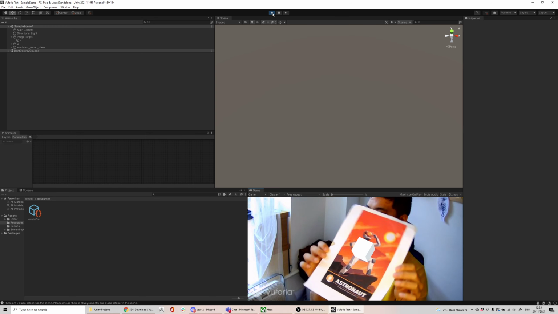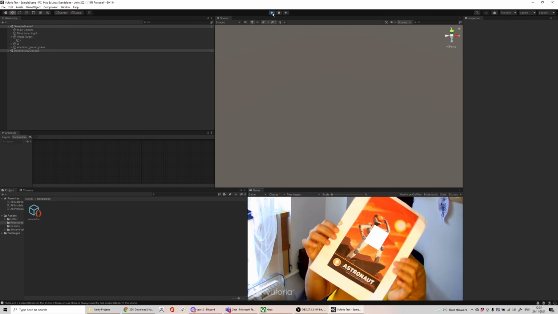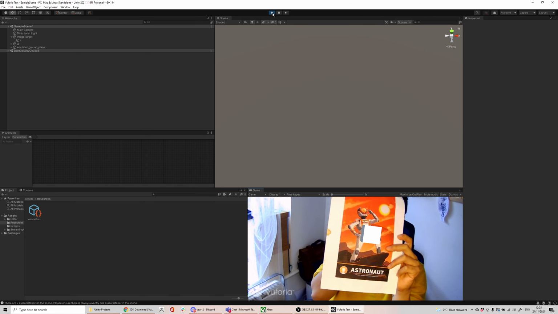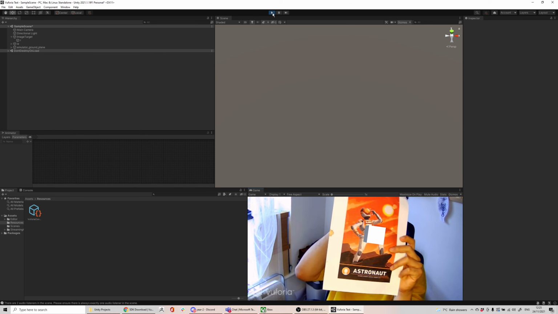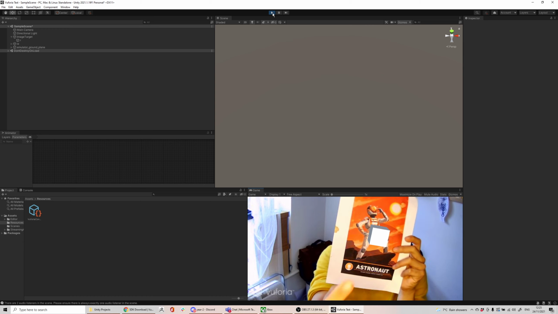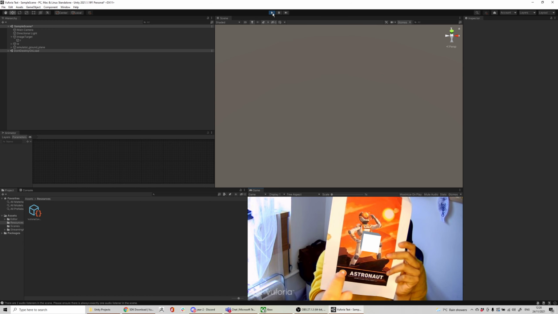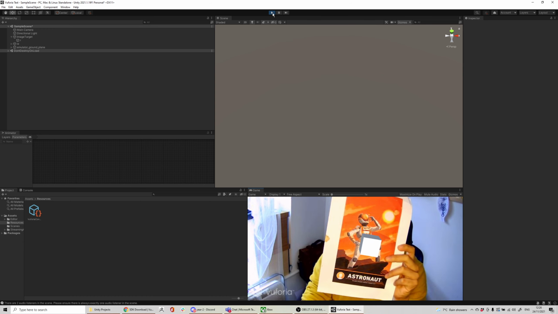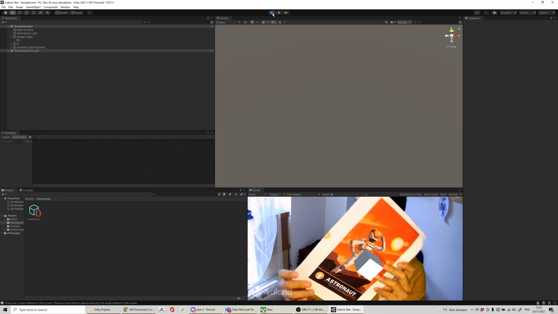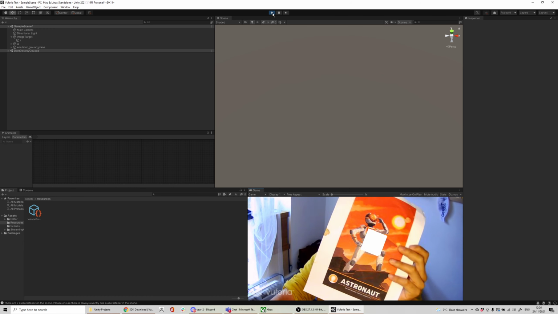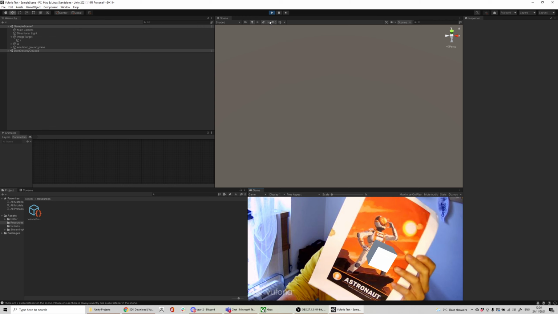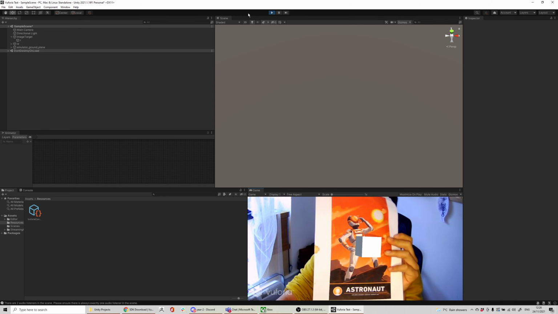What I can do then is basically take an input, whether it's mouse click or screen touch, and then from screen touch draw a raycast. So from wherever I tap on the screen, I'll draw a raycast to the object, and then it will know that that's selected. And it just works the same way as any other interaction. Raycast hit to that's basically